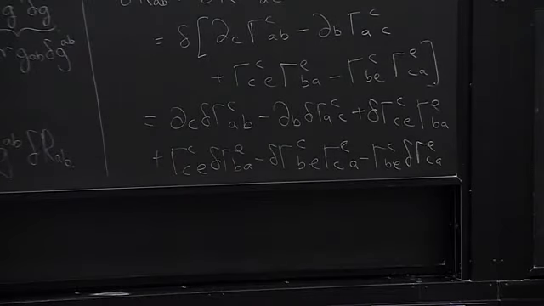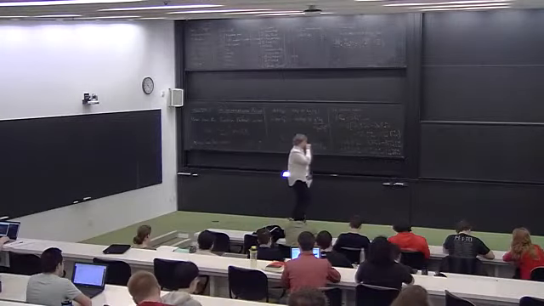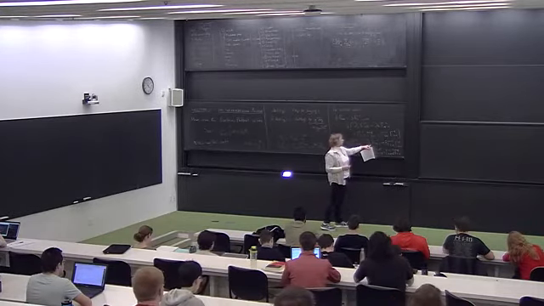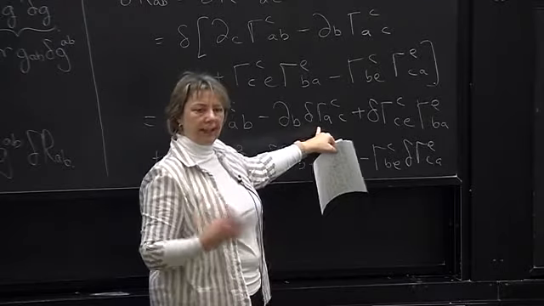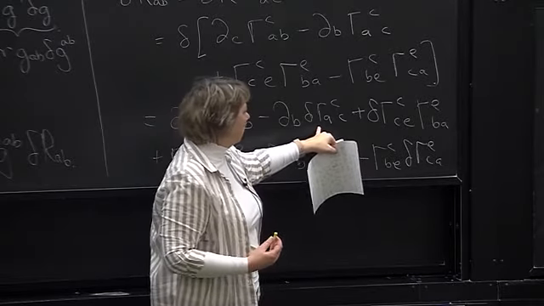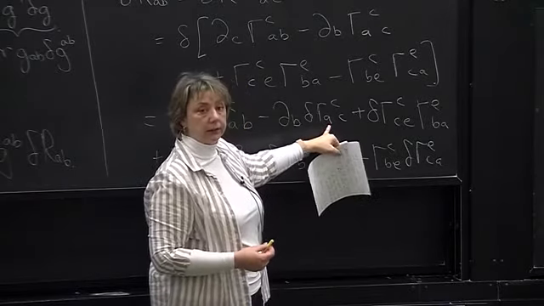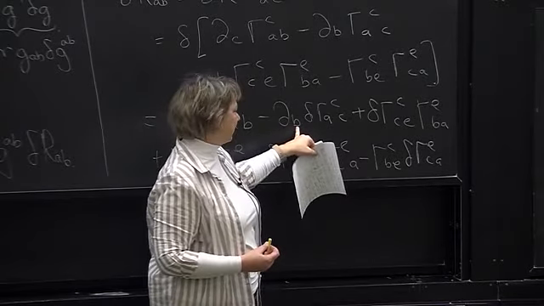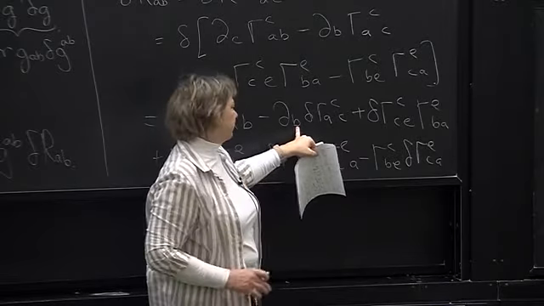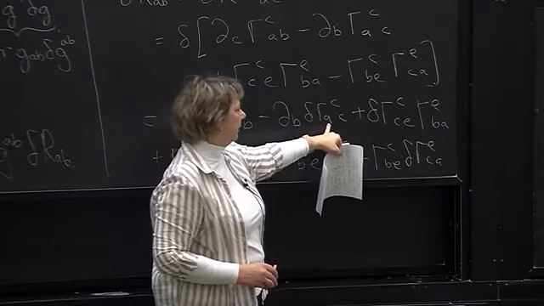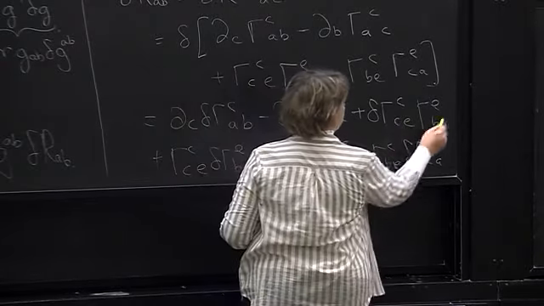I wrote all those pieces out for a reason, because I want to pair things up. You see that here, if I look at this term, for example, although the connection isn't a tensor, the difference in connections is a tensor. And so this thing here is a covector, one downstairs index. So we're taking the partial derivative with respect to b, the b coordinate of the a component of that vector. And then you see here, that gives you